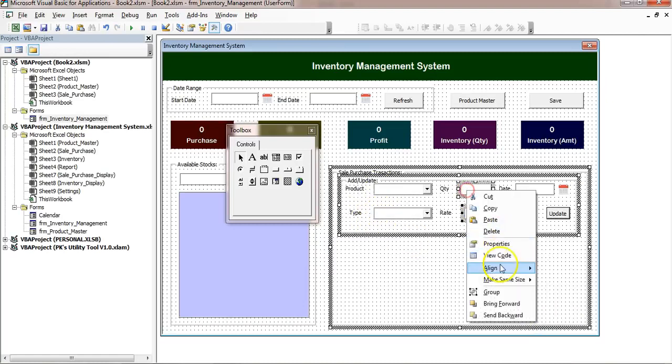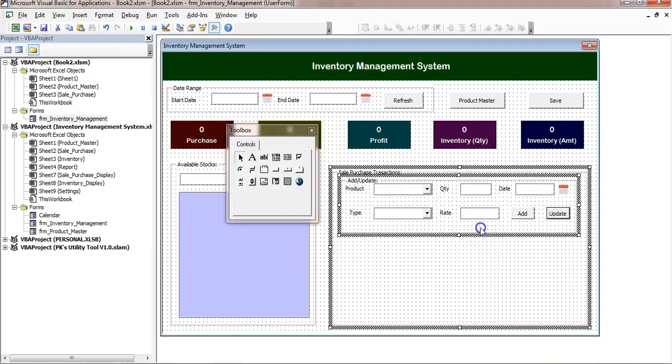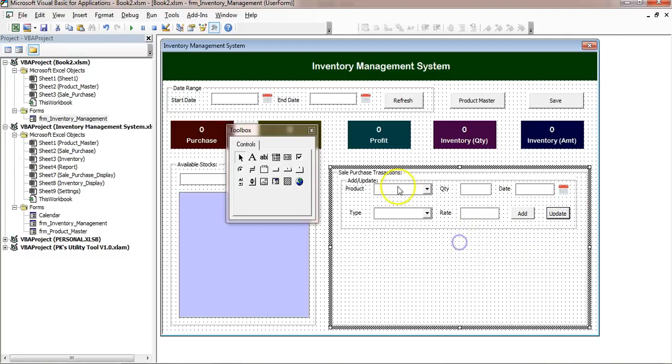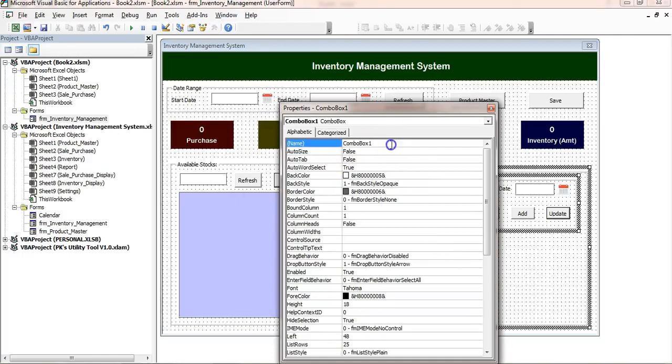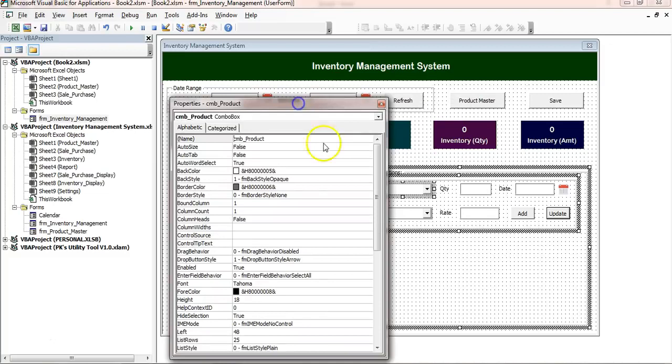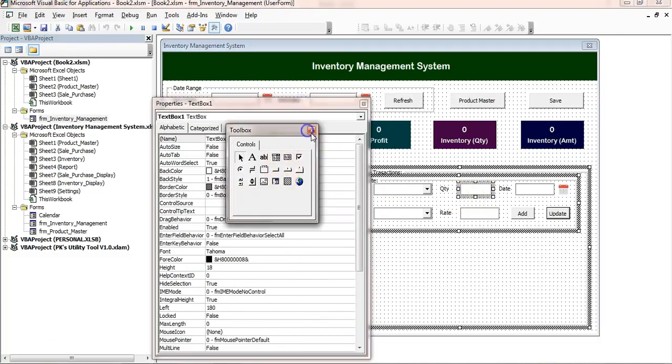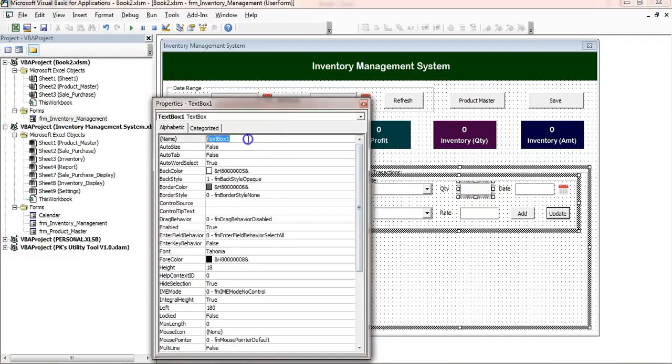Align these. Okay, now quickly we will rename the text box and combo box. Just right click on this combo box, go to the properties, and we will put here, let's say, cmbProduct. And for this one, this is the text box quantity, so we'll put here txtQuantity, and